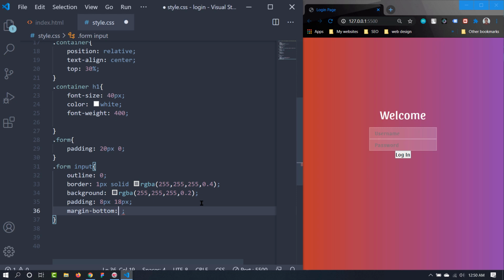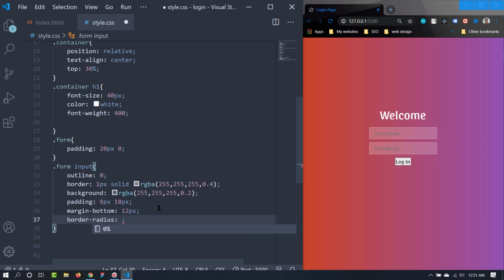Okay, let's put a margin bottom of 12 pixels. Okay, now it looks fine, but we want to give it some border radius to make the corners rounded. Let's do that. Border radius should be 6 pixels or 5 pixels. I think it looks fine.